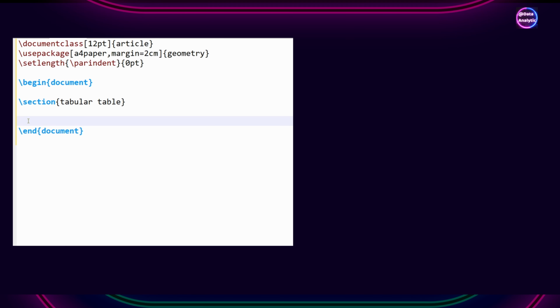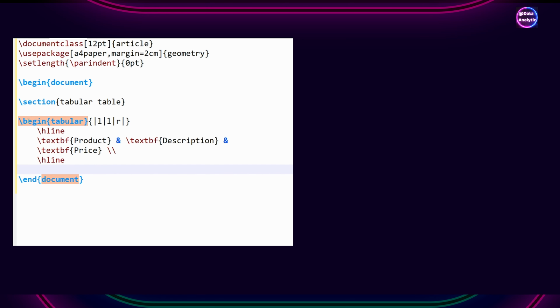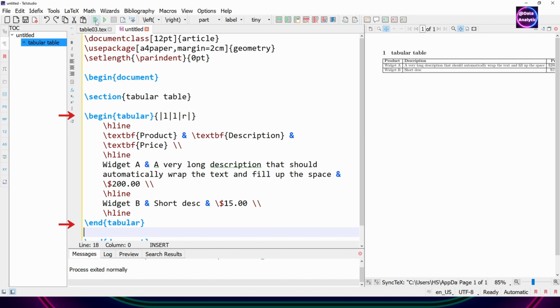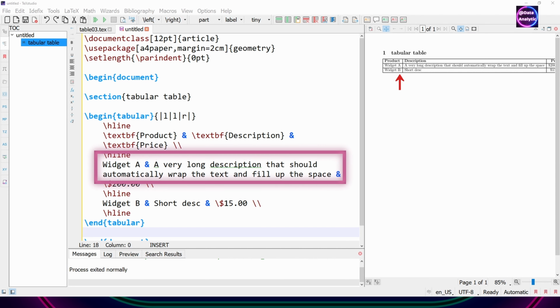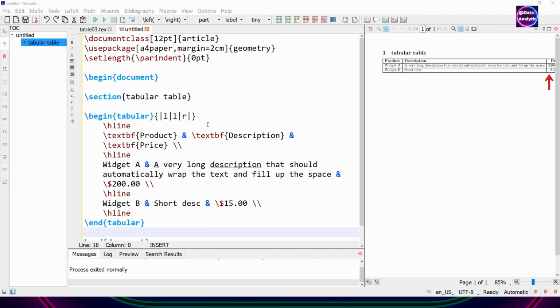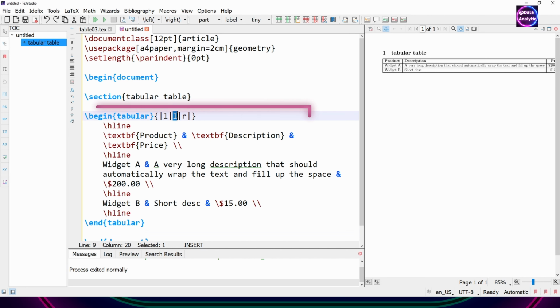So LaTeX has a tabular command, which I'm going to use. And we have begin tabular and end tabular. And between that, we have headings and then the text. And if the text is very long, it'll go off your page because we've used L for left justified. And if I wanted to fix it, I would use a paragraph or a P command